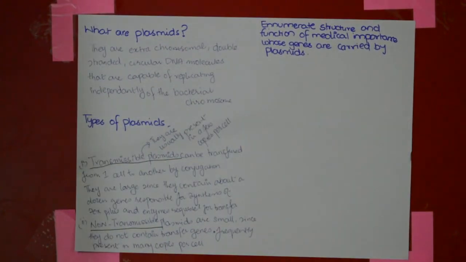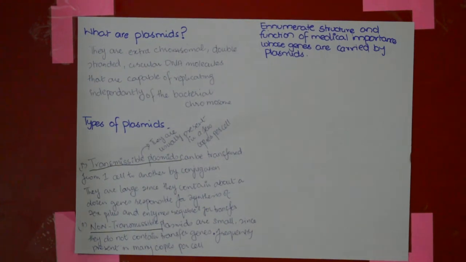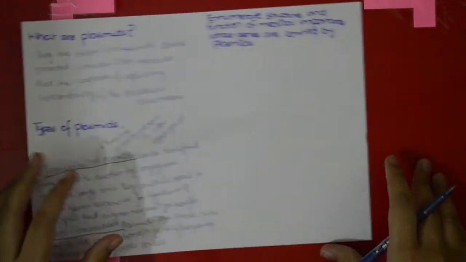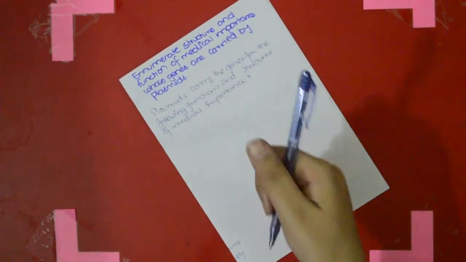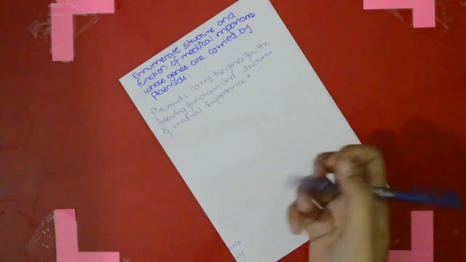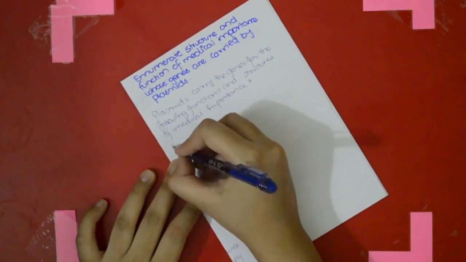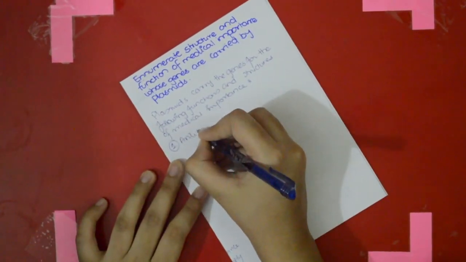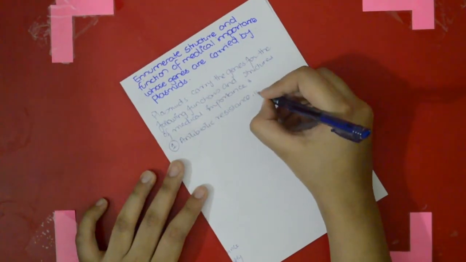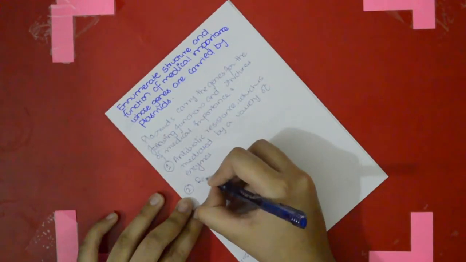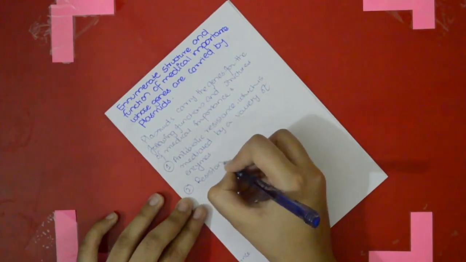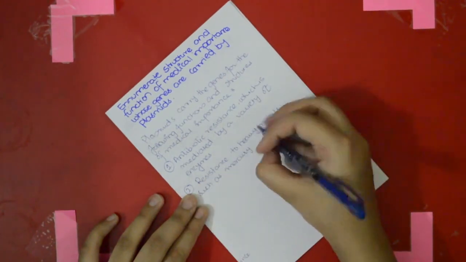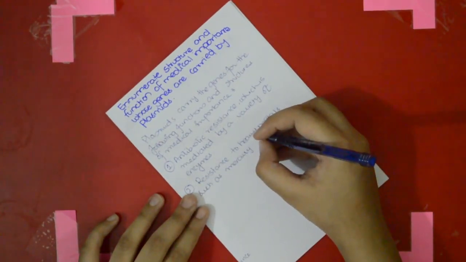Now let's talk about the functions and structures of medical importance that are carried by plasmids. So plasmids carry genes for the following. The first one is antibiotic resistance, which is mediated by a variety of enzymes. Then there are the genes of resistance to heavy metals, such as mercury, the active component of some antiseptics,